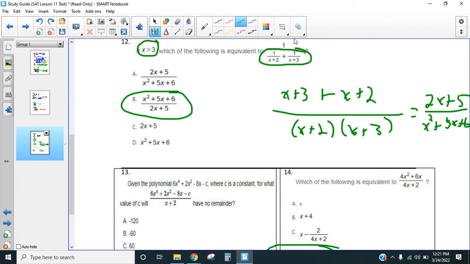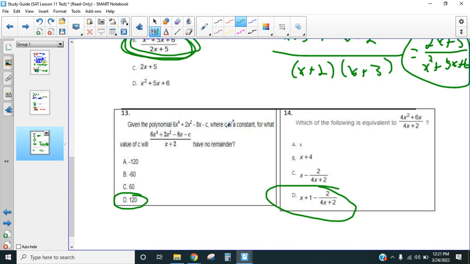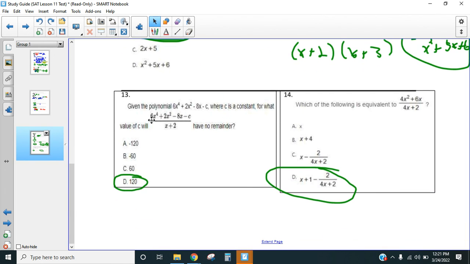The problem is this is 1 over that. If you divide by a fraction, you got to flip and multiply, and that's why it's B. You have to flip it. Okay, on 13, it's remainder theorem. If we plug in the opposite of this,